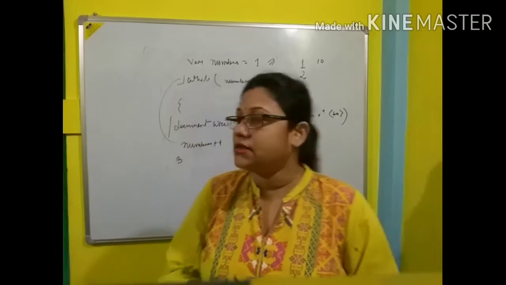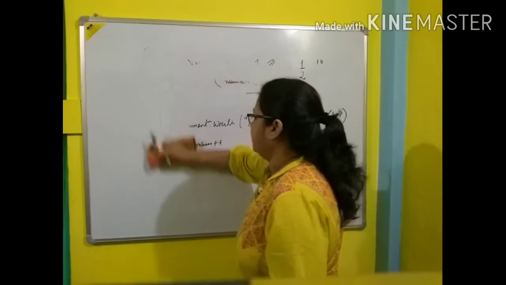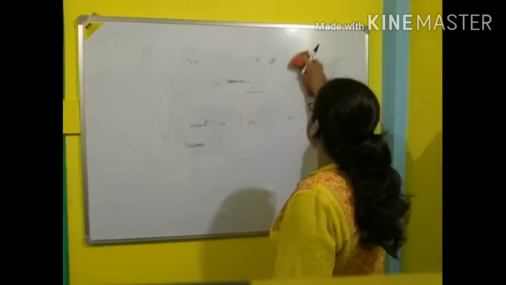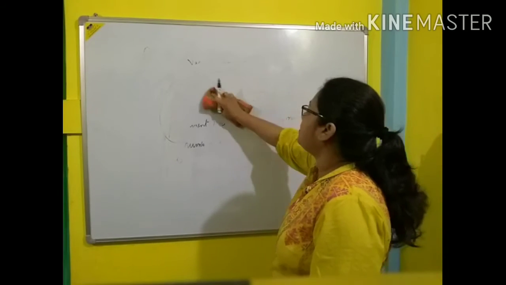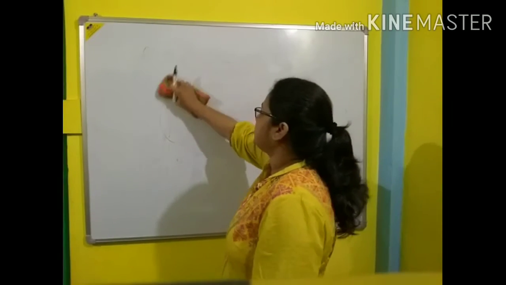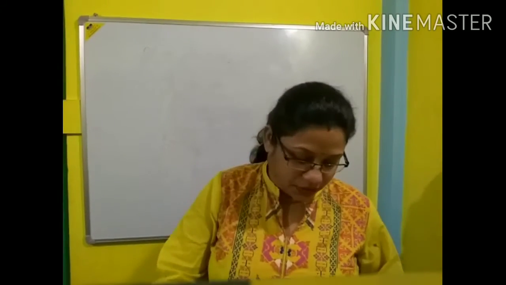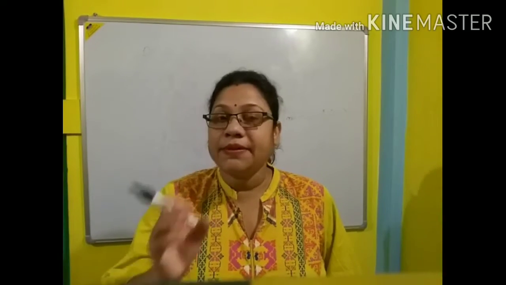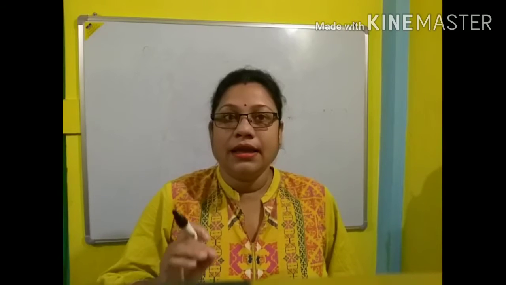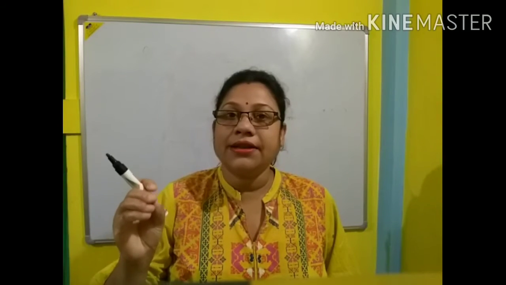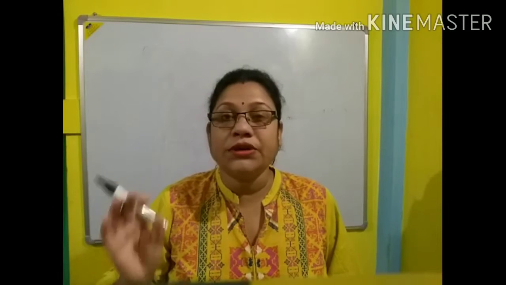Okay, now the next loop, that is the do while loop. As the while loop does not execute the program if the condition is false at the very beginning, we are going to use another type of loop, that is do while. That means do. In the do while, the computer is going to execute the program at least one time without checking the condition. Okay, so the first time it is going to execute the program at least one time. After that it is going to check the condition.